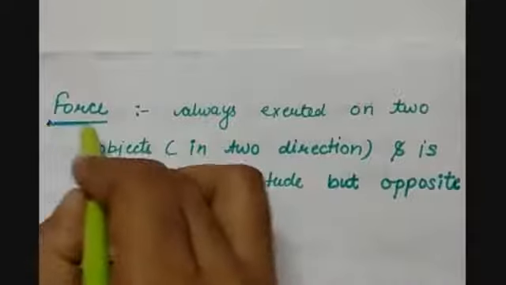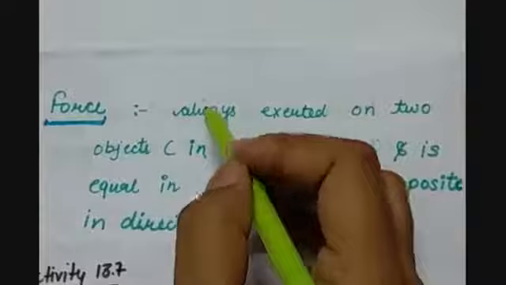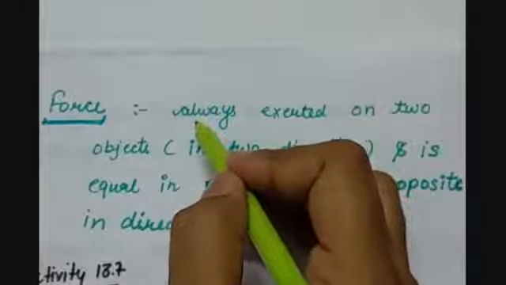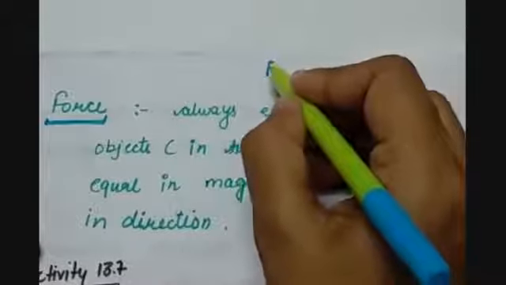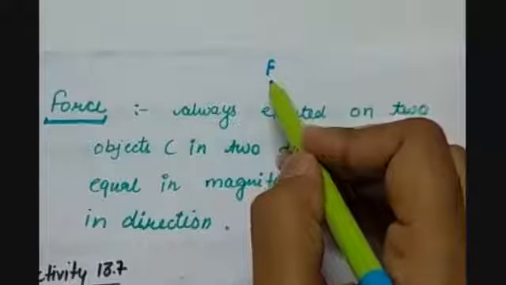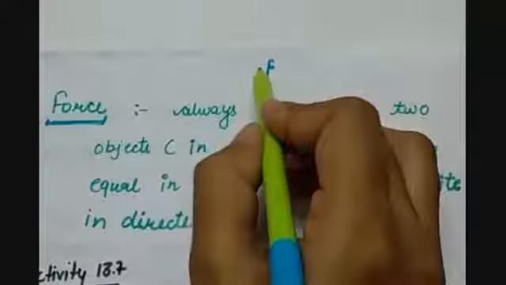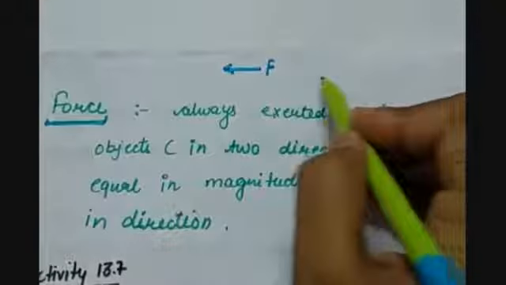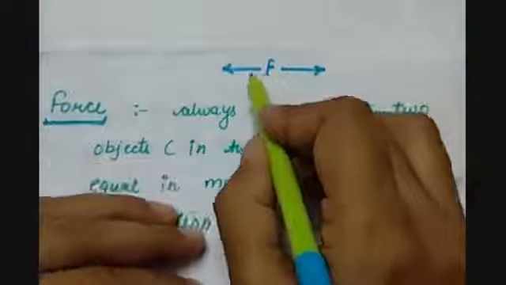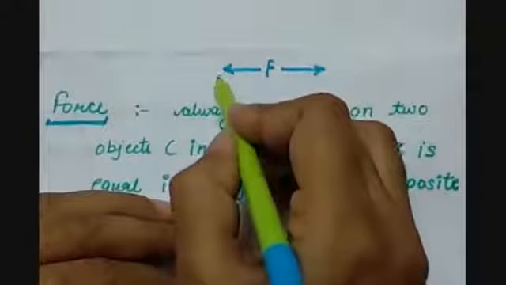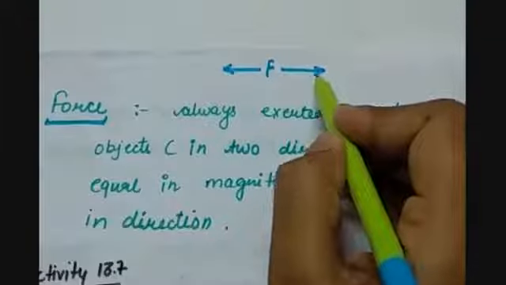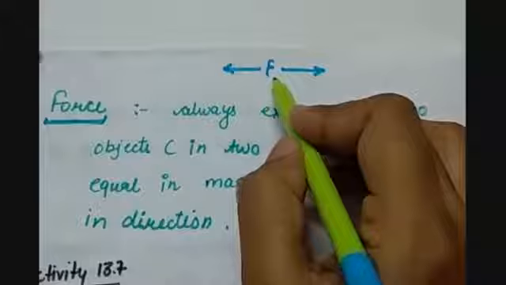This force can be attractive or repulsive, but it will always be in two directions. For example, if there is a force of repulsion between two objects, then it will act in this direction and in this direction. From this side it is pulling away one object and it is pulling away the second object, but it can never act on a single object,